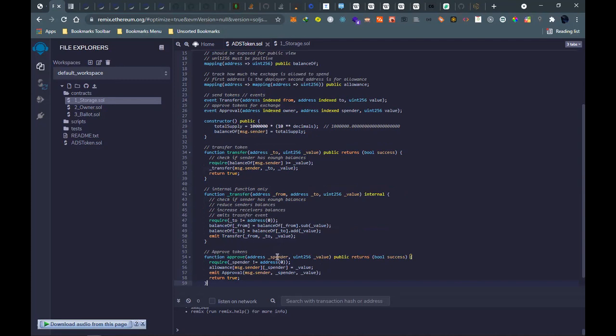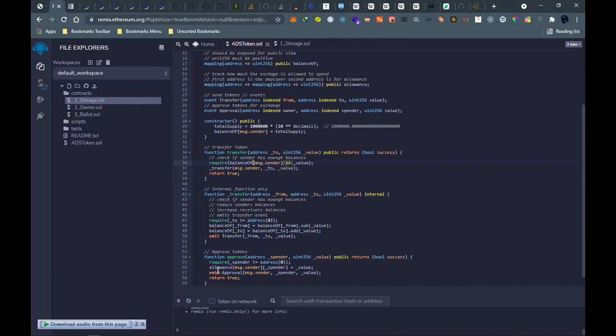So you have 2 parameters, the spender and the value, and then you have to require the address of the spender. These are logic operators. If you can remember, the same case here is a logic operator, from the previous class on Solidity.